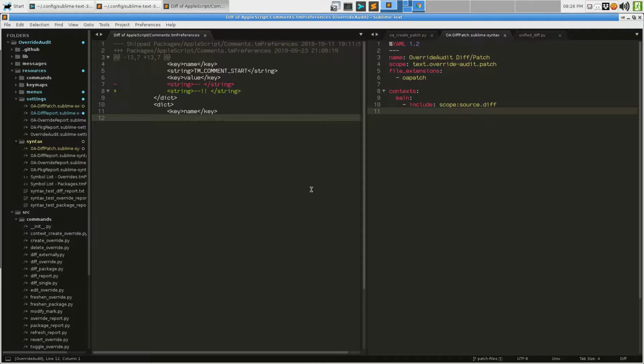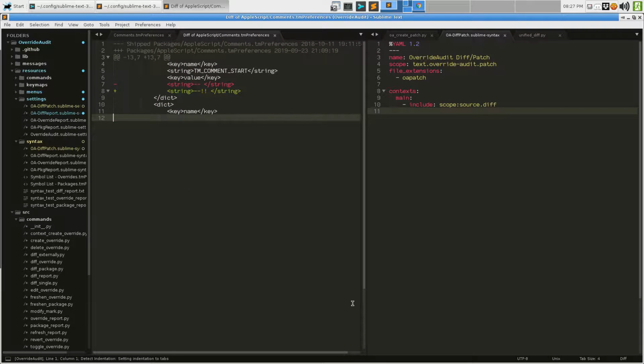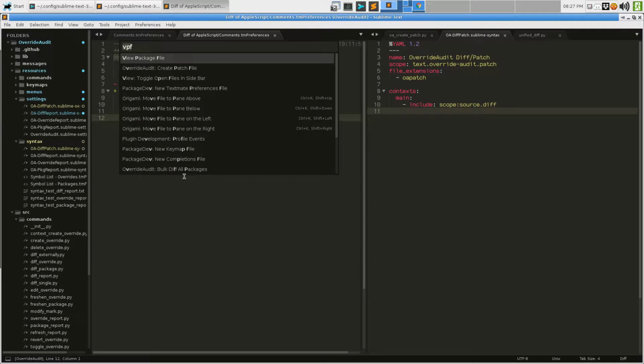But we need to swap the syntax used for diffing things, because the idea is, I have to swap back to this and close this. When we do this, we should end up with something that says override audit diff patch. So we're using our own syntax. And oh yeah, that's what I was going to do. I was going to